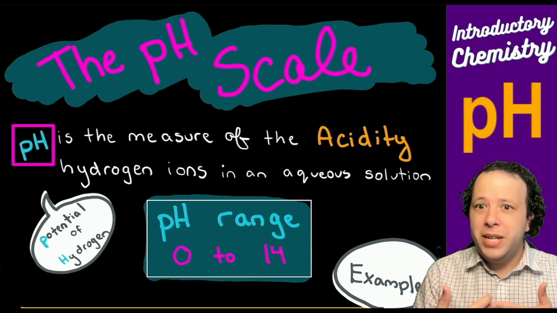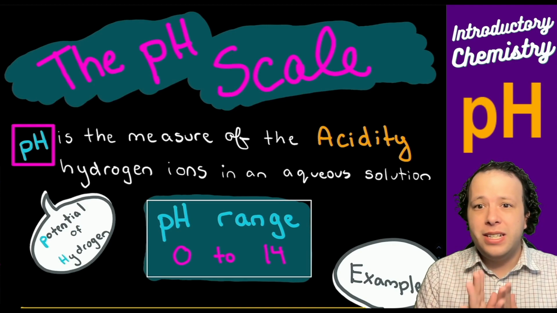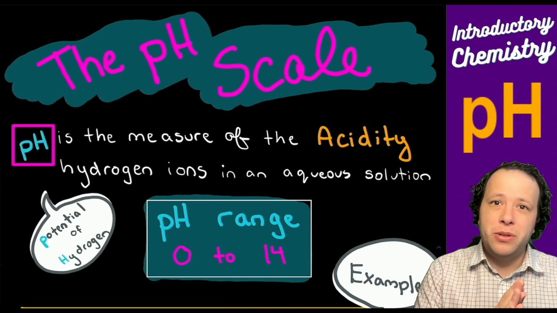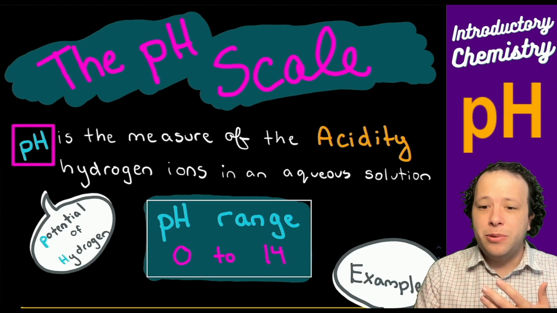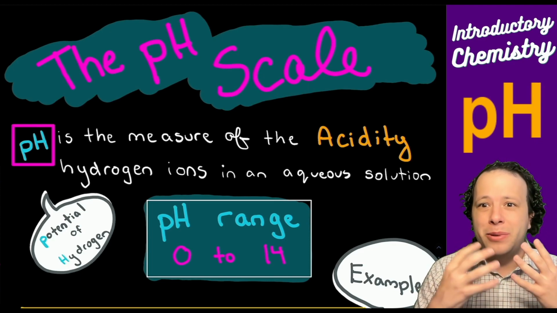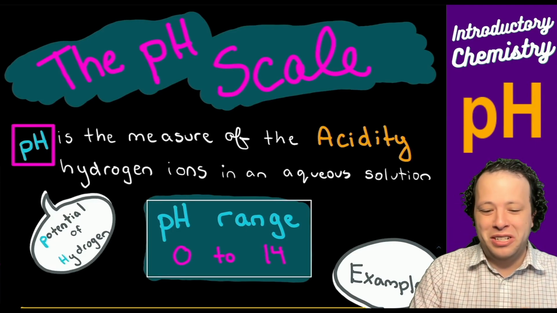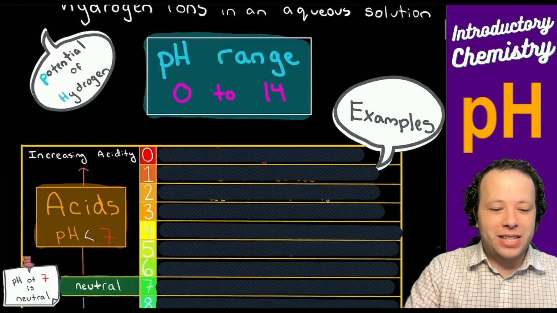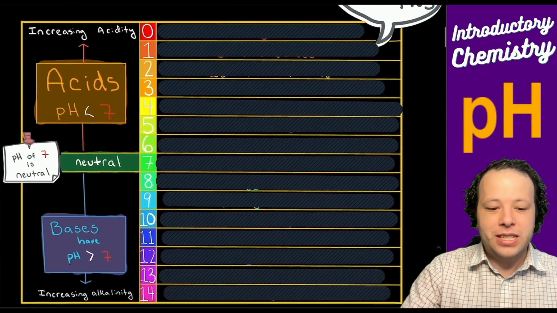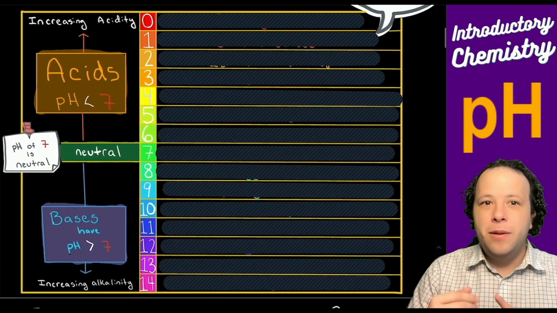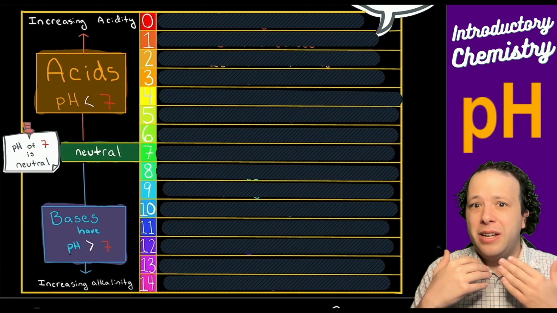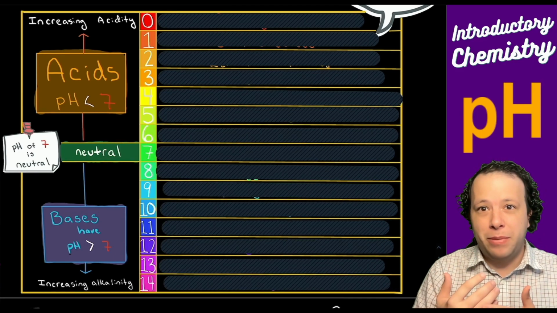So for pH, this is a scale that is a very simple range. It goes from 0 to 14. It is a simple scale so that way we can easily relate it to normal numbers that you can count on your hands and toes. So if we have a scale like this, the way that it generally works is it goes from 0 to 14, meaning that we have a range of how acidic something can be.